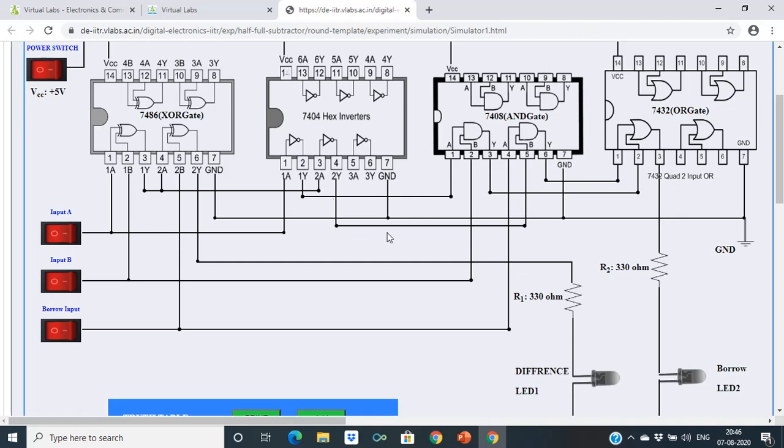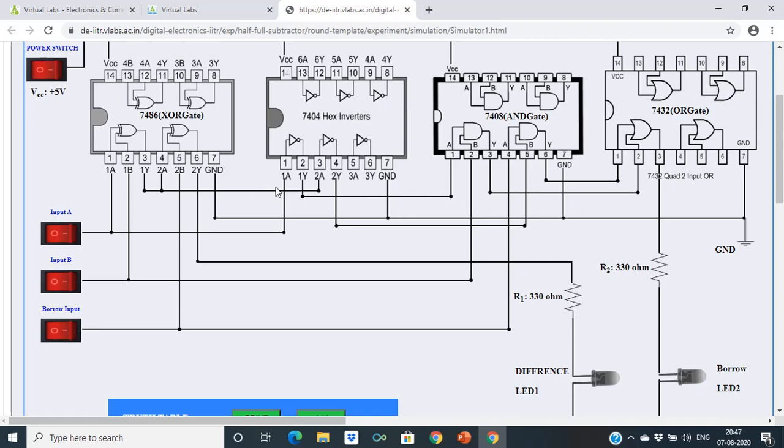So you are getting a bar b bar. The first borrow is this a bar b, and here you are getting the second AND.